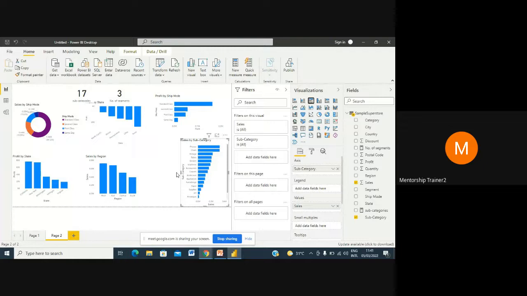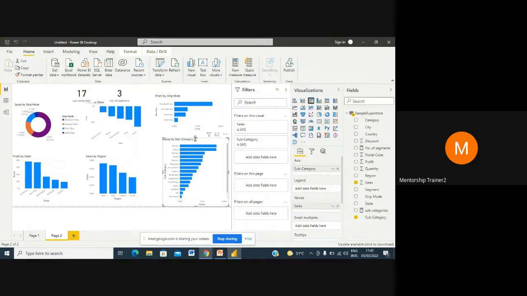So all these things are just what you keep checking. Why we are having this confusion on what to do is because there's no objective per se that we are working on. So we are just deriving insights. There are many insights that you can derive on your own. You can derive percentage of segments, and for that you will use pie charts. I'm just trying to tell you, you can do it on your own. You can derive